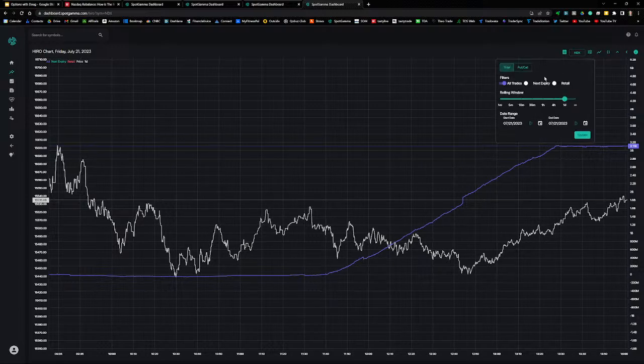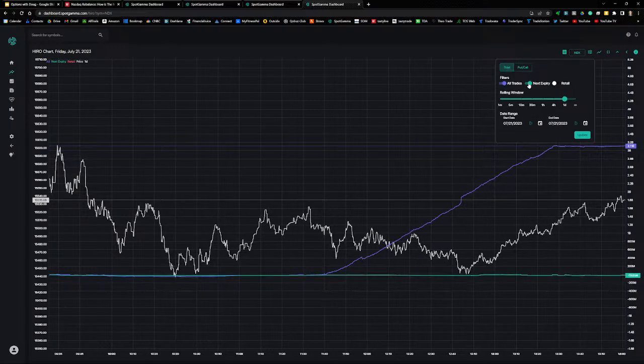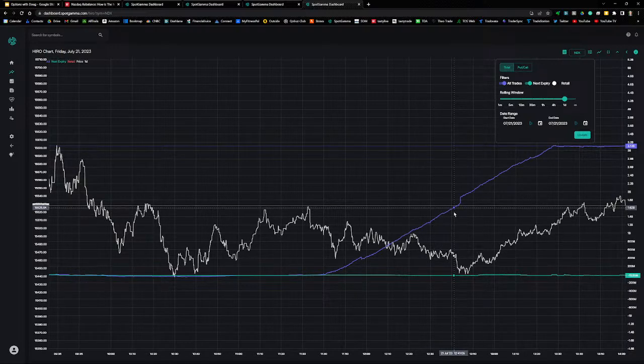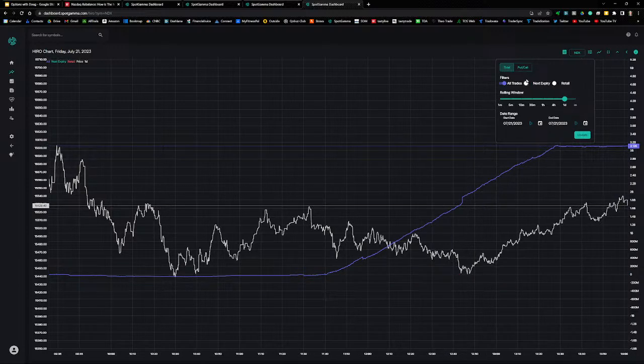So let's take a look and see what traders are doing. I'm showing now the next expiration. That would be the 0 DTE options that expire today. That's shown by the green line. So that is not a factor. That is flat. So these are options that expire at some time other than today. So we'll turn that off.